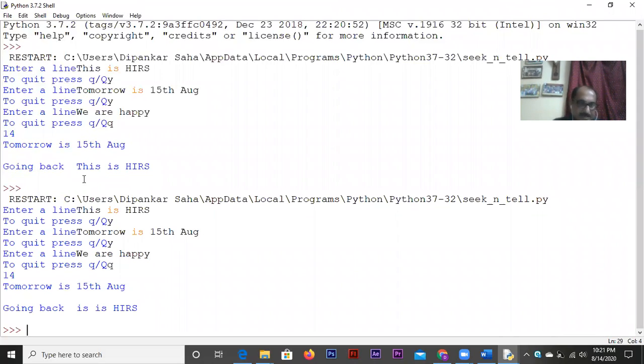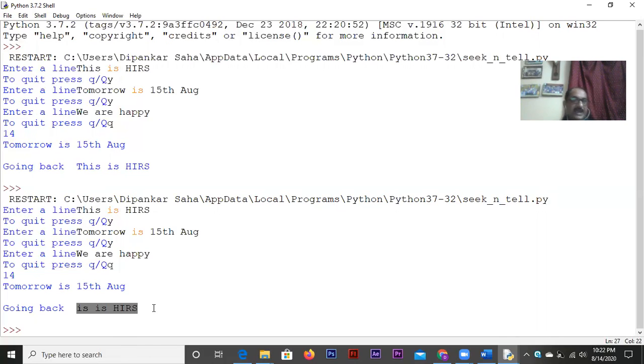Look at this. It did not print this, it printed is, because TH is missing from here, because you placed the cursor or the imaginary pointer exactly after 2 bytes. That means after T and H. So from there, if it starts printing, then it will be is HIRS. So as a result, we got is HIRS, right?